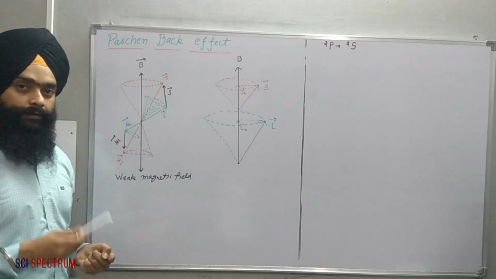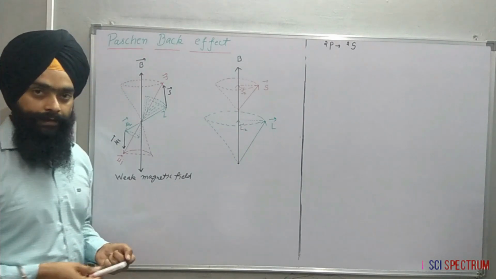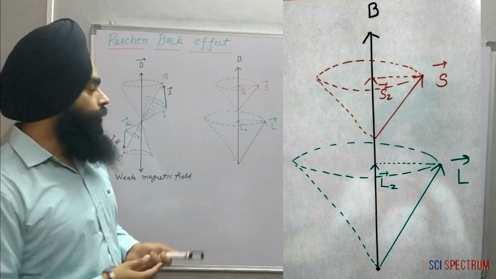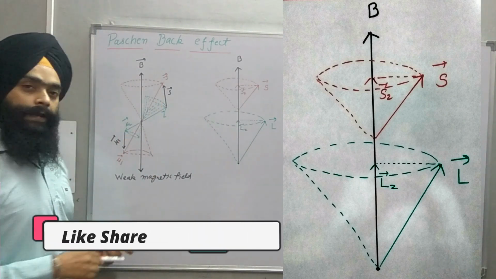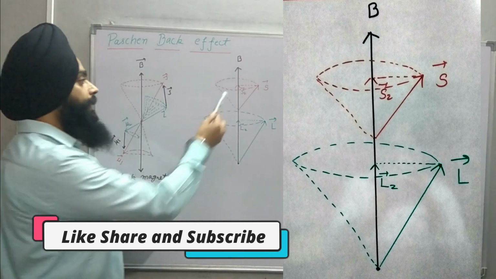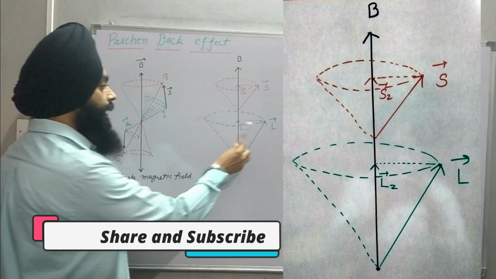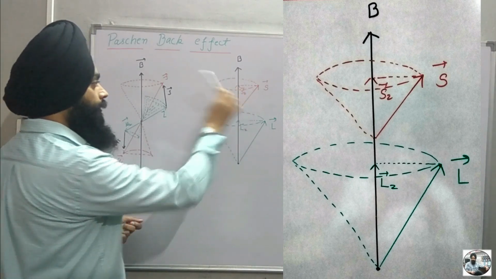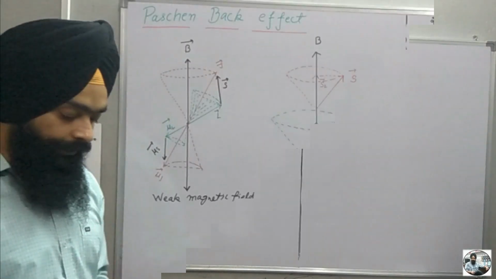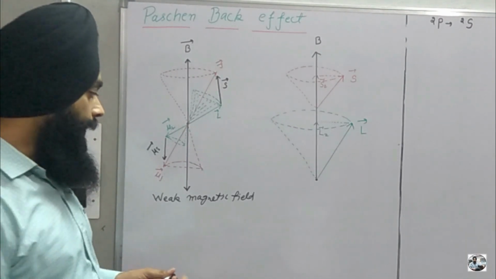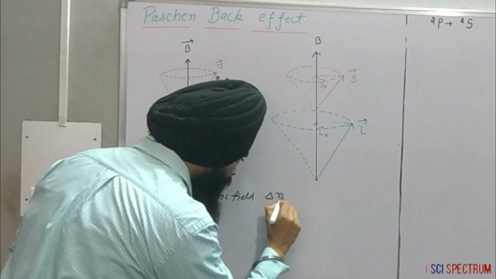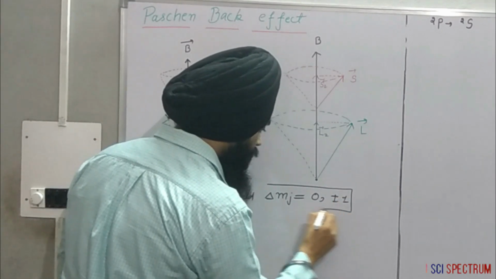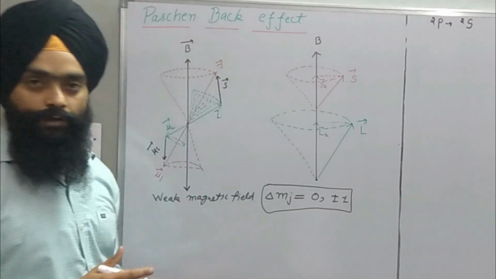But as we increase the magnetic field, the strong magnetic field is applied. The internal coupling between L and S breaks down and there is no meaning of the J. Then L and S precess around the B independently like independent spinning tops. So in case of anomalous Zeeman effect, the dipole moment was mu J and the selection rule was delta Mj is equal to 0, plus minus 1 for the formation of transitions.